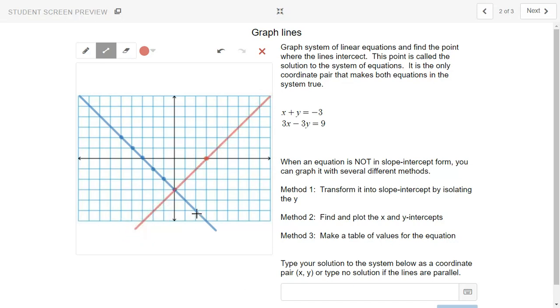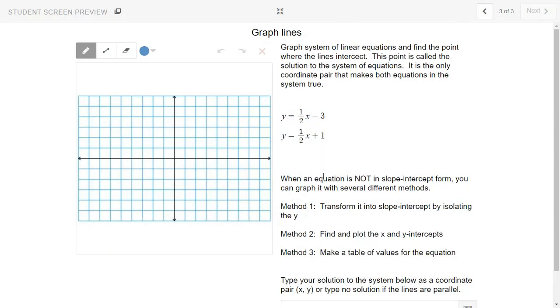All right. So when I plot this, I see that they intersect at a special point called the solution to the system of equations. That would be over 0, down 3. That'd be (0, -3). (0, -3) is what we call the solution to the system. If I plug it into both of these equations, it makes the equations true. It satisfies both of these equations. All right, our last example